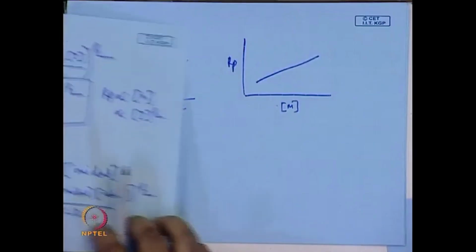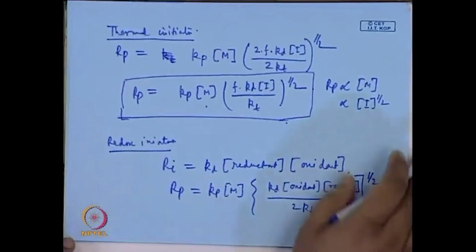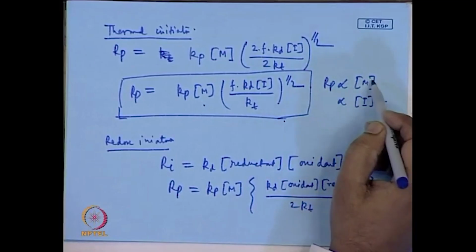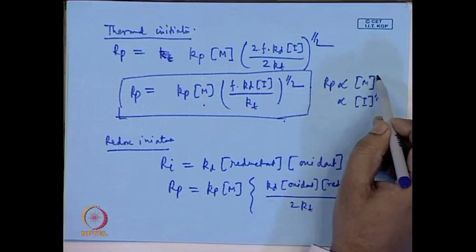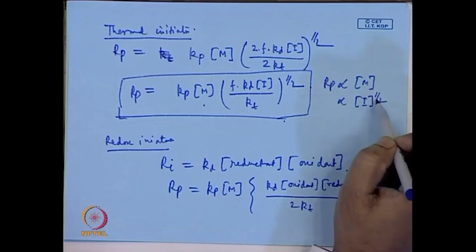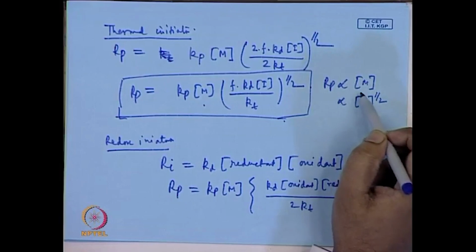Now, sometimes experimentally it is found that it is not directly proportional to the power for initiator, it could be more than 1. So, like 3 by 2 in some cases experimentally you might find out, or in some cases it might be even lower. Now, that indicates that